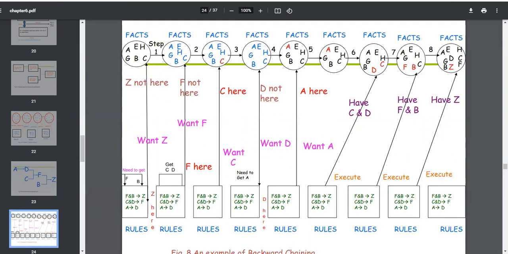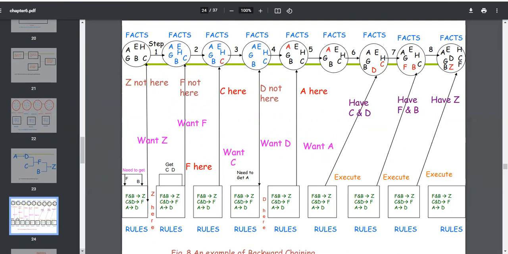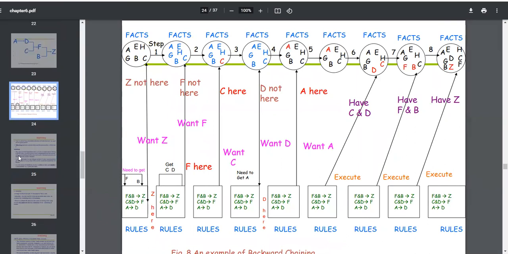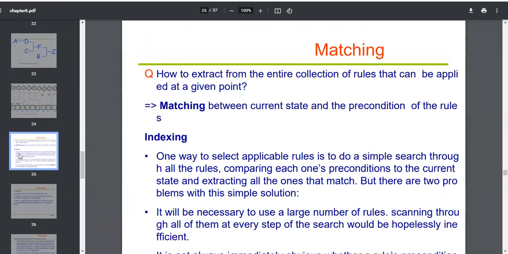But if you need to understand how backward chaining takes place, you have a goal available. These are the facts, and these are the rules you already have. So how it is going to execute is you start from the goal. From a particular goal you will start matching with the facts. You keep on trying the facts, whether they are matching or not, and once the facts are matched, you are proving that this goal is true. So different combinations of facts are used for supporting the goal that we have. That is called backward chaining.